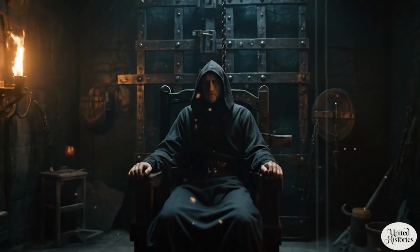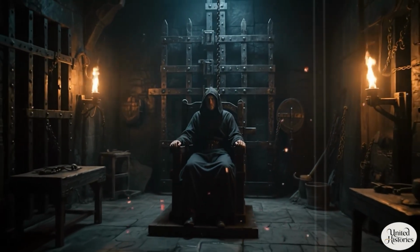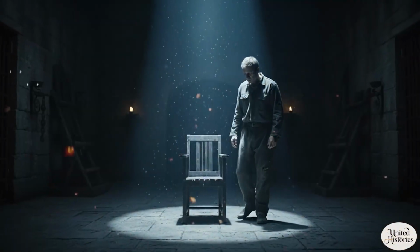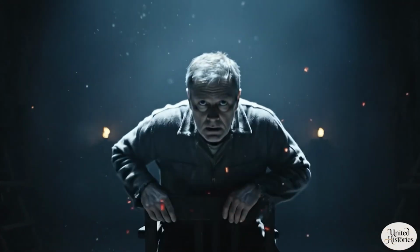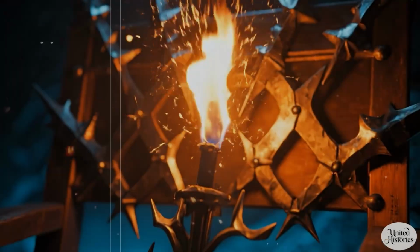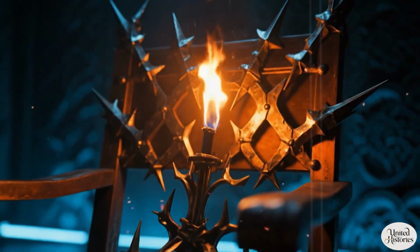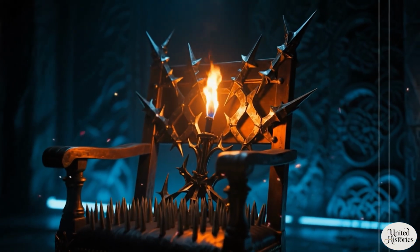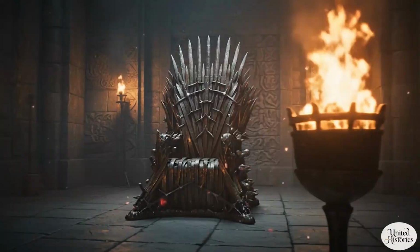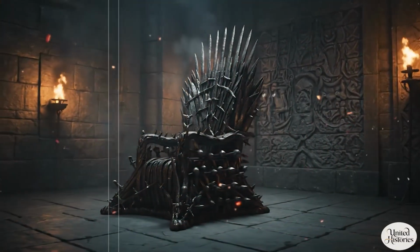In the shadowed depths of a medieval torture chamber, firelight dances across cold iron surfaces. The air hangs thick with dread as a prisoner is led toward a chair that appears ordinary at first glance. But as torchlight reveals its true nature, hundreds of sharp metal points emerge from the darkness, covering every surface where human flesh might touch. This was the iron chair, known throughout medieval Europe as one of the most psychologically devastating